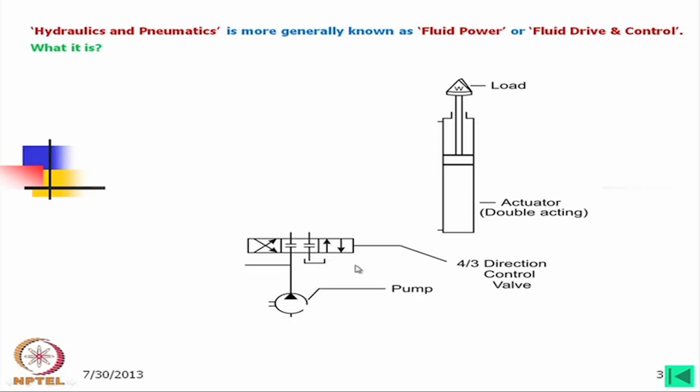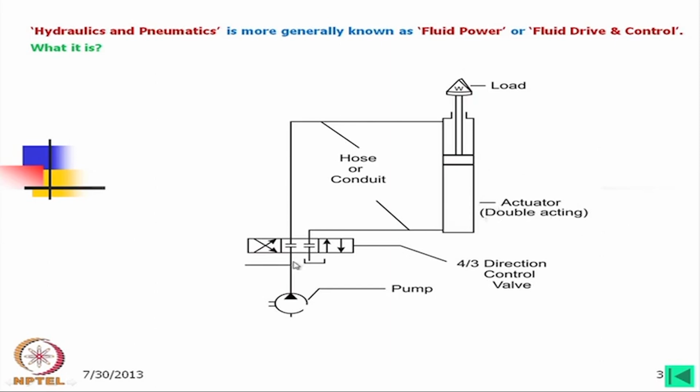Now, we can connect this valve to the cylinder by conduit or pipe. Then one end is connected to the bottom, other end is connected to the top of the double acting actuator,